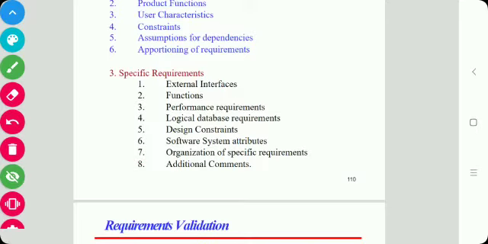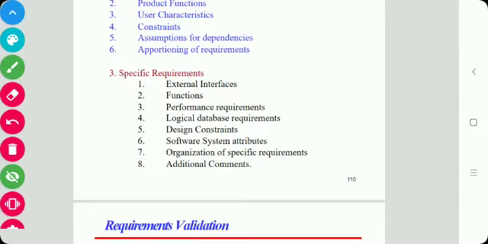It gives the specific requirements of the software product in detail, and it should state that the SRS meets all the characteristics of an SRS: it should be correct, unambiguous, complete, consistent, verifiable, modifiable, and traceable. Okay,